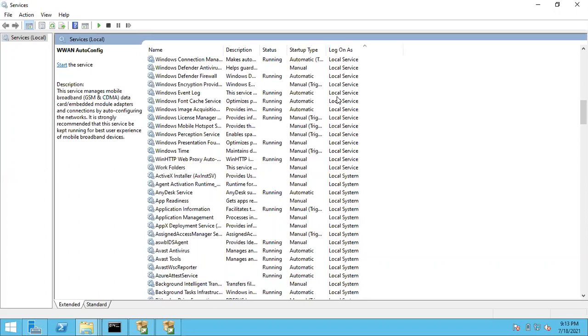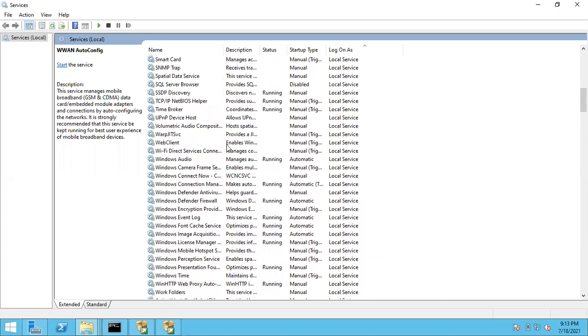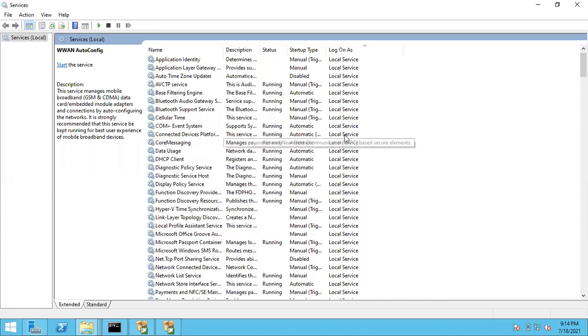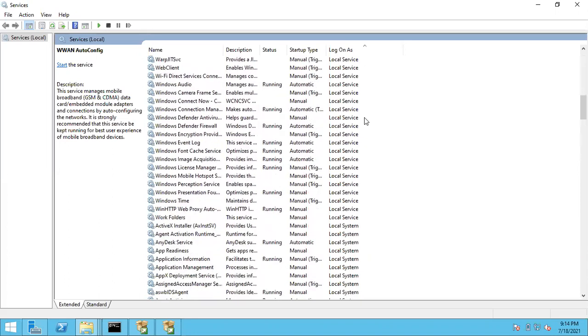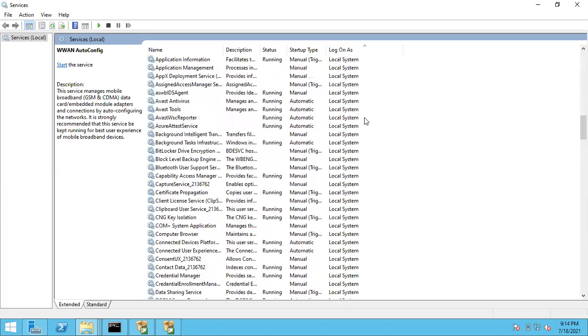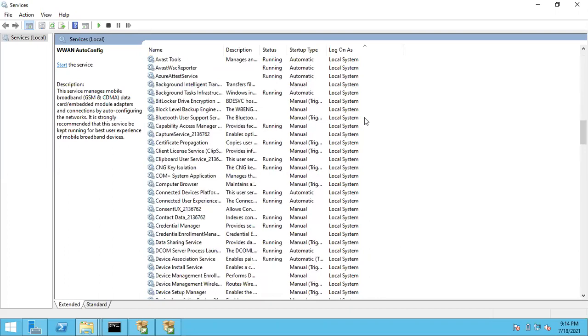right? In the same way, see, a lot of services are there. For all these services, only three maids are there. One is local service, local system, network service. How much pressure will be there on these three maids? Lot of work will be there, right? So performance issues will come if you use the default service accounts. So what I'll do, I'll create my own service account that is called customized service account. Means a separate maid will be there for me.